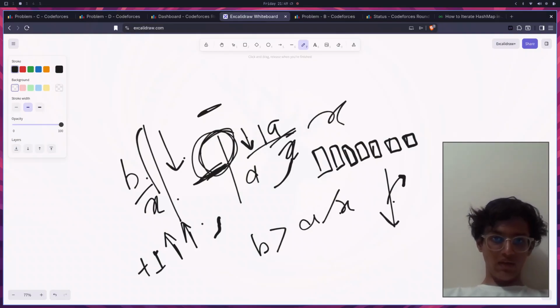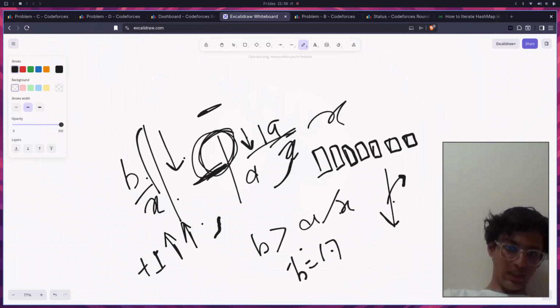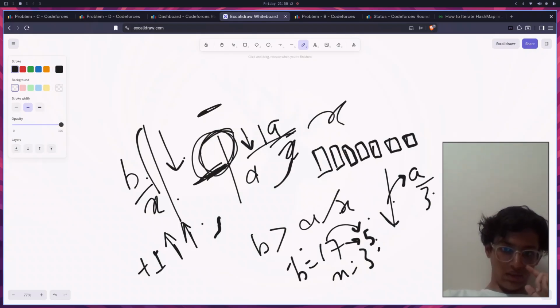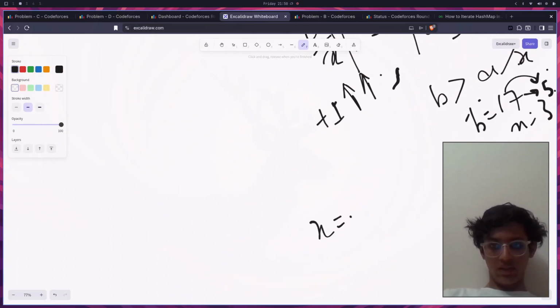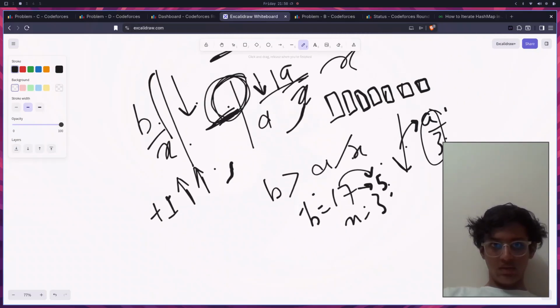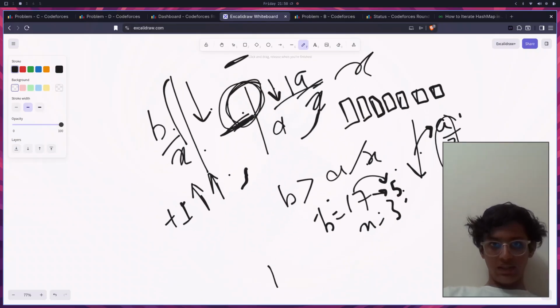Let's say by a factor of, if B is equal to 17 and X equals 3, so it becomes 5. So we are decreasing it by a factor of 3 approximately. It becomes B by 3. That is, yeah, it becomes B by 3, right? And X equals 3, let's say. So we either increase a value by 1 or we decrease the other value by a factor of 3,